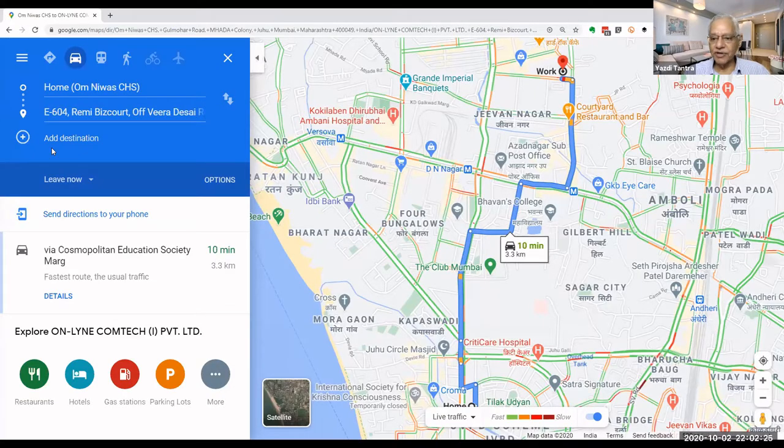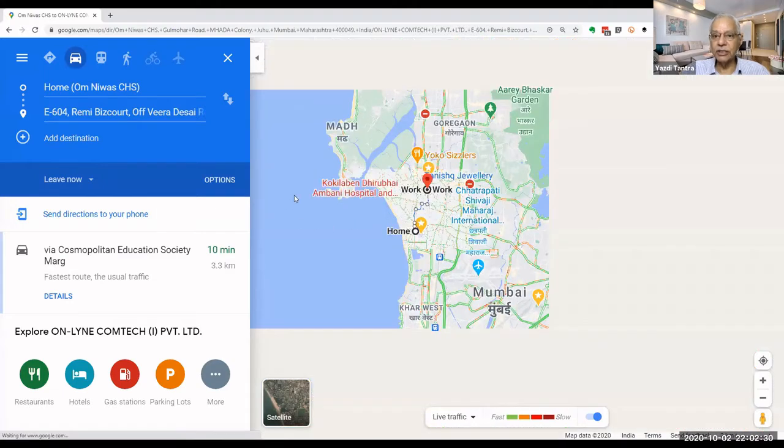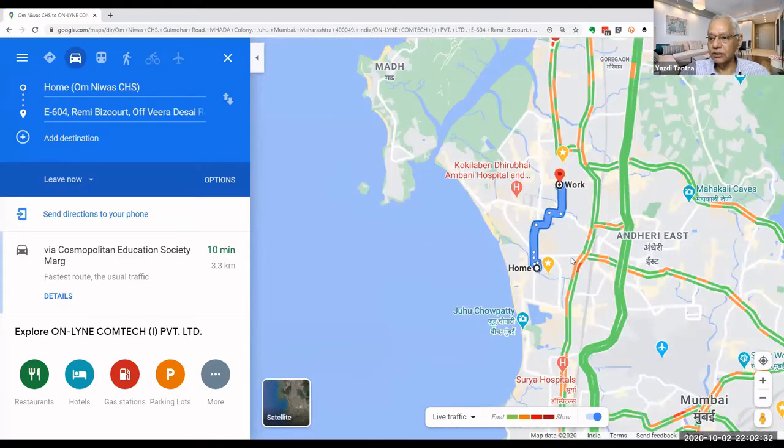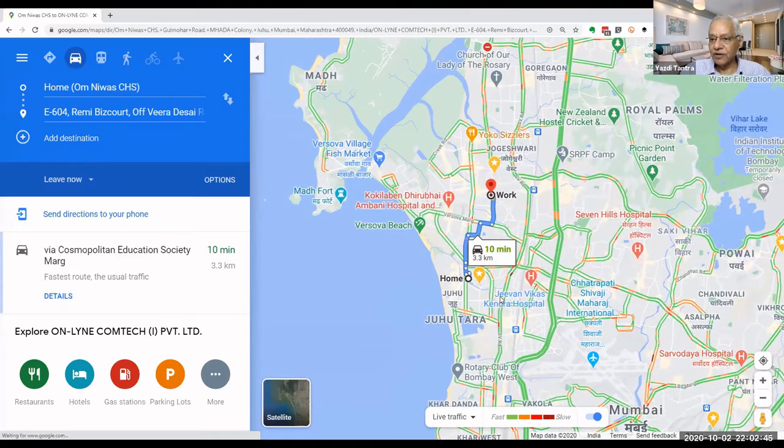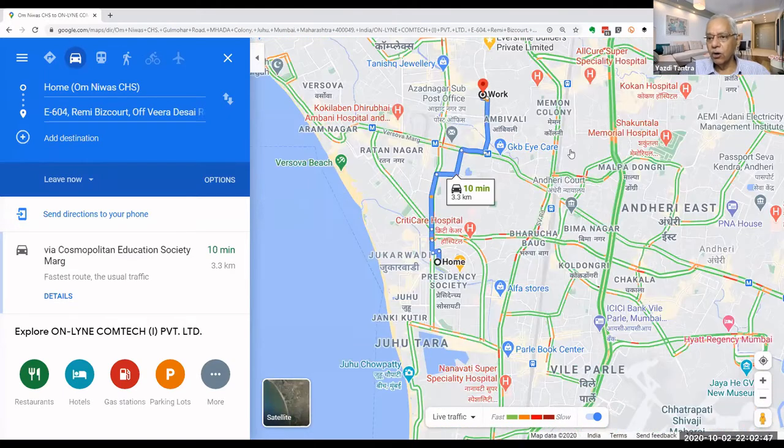So when you say traffic, now see, the entire traffic in the entire area is available here. The red lines we saw, the dark red is slow, the green is fast, and there are various shades in between, orange and light red, and then there is a dark red. So it shows me the current live traffic on all the roads nearby. Just now during the lockdown, obviously there is not much traffic, but otherwise it will show me.